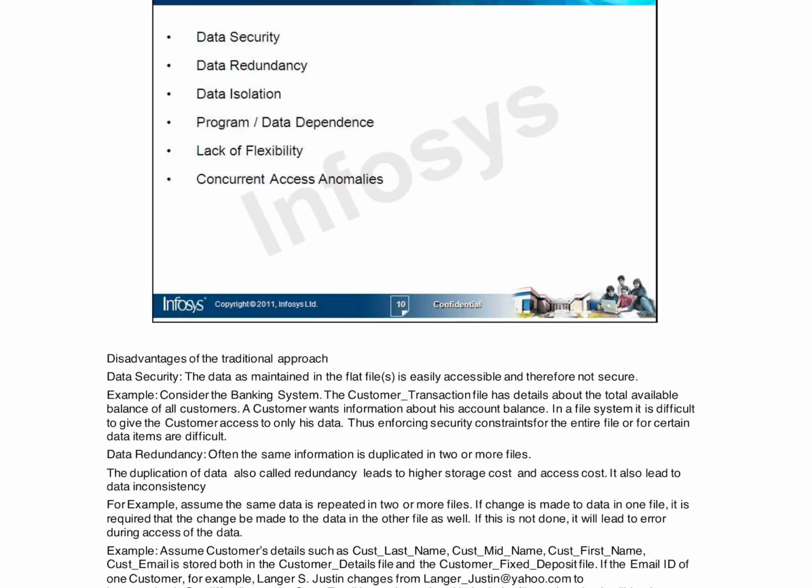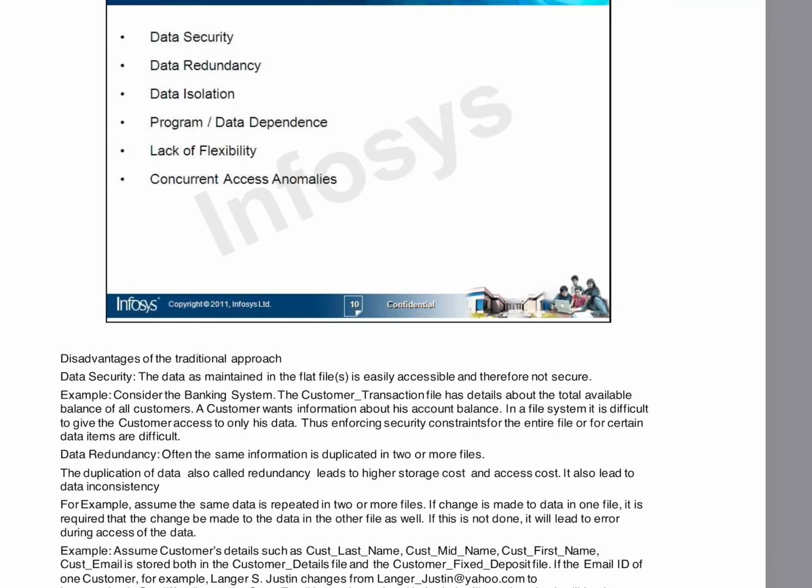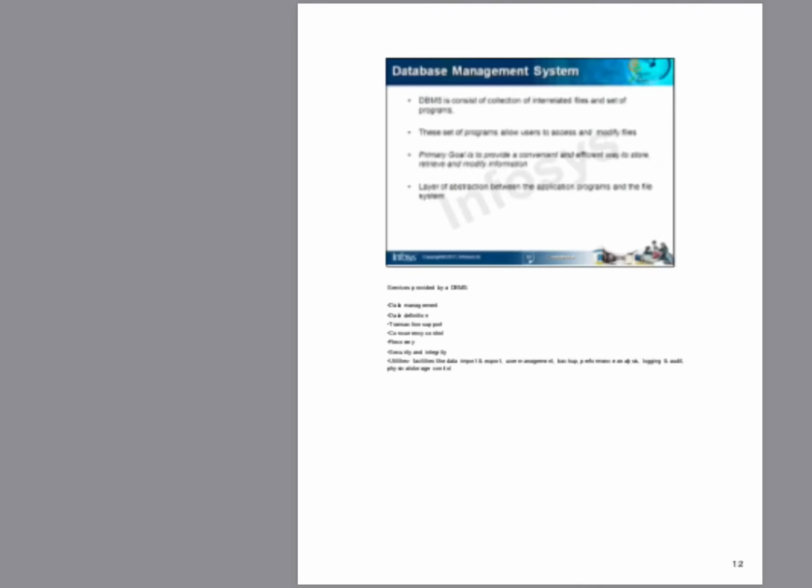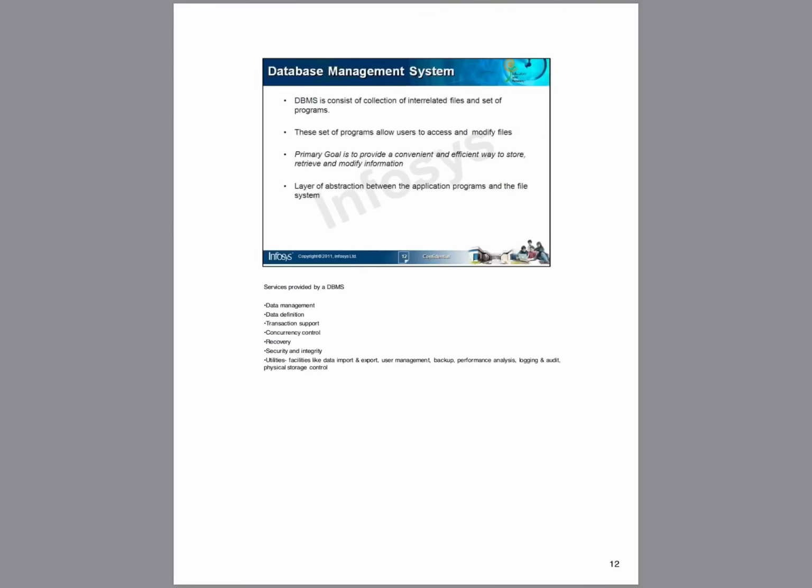So an anomaly will come over there, because 2000 plus 2000, and the actual balance will become minus 2000. In any account the balance can never be a negative amount. So these are the problems that can arise in the case of the traditional file management system. That is why, for concurrent access, secure access, deletion, and modification, we have to use database